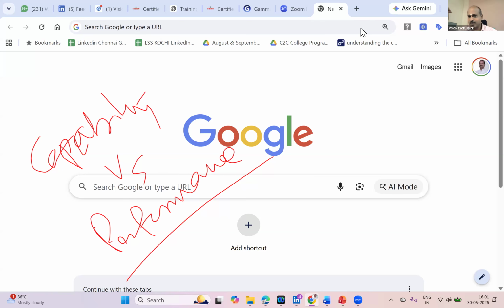That means performance, max to max, can be equal to capability. Yes or no? So your performance indices, maximum, they can become equal to your capability indices. Are you with me, all of you, on this? Understand. PP, PPK maximum can be equal to CP, CPK. If you make it happen, you are the best in your job. For a particular process, if you make the PP, PPK equal to CP, CPK, and already you very well know